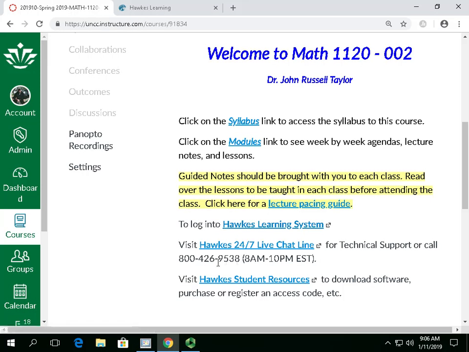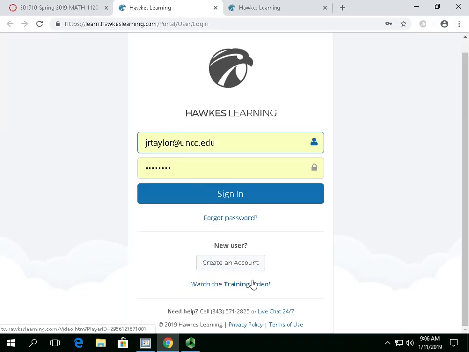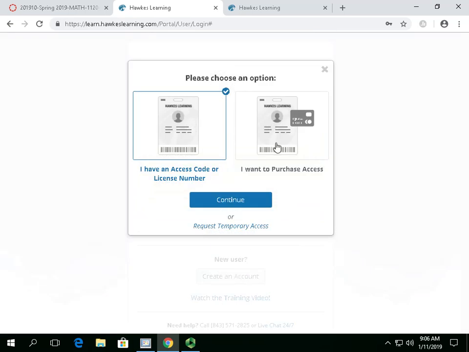I also put there a 1-800 number here because I don't like chatting with the computer. I like calling somebody actually on the phone because I'm like old school. So whatever you want to do, but if you don't have it, you can go and order that stuff because even when you go into the Hawk system here, you can create a new class, create a new account, and when you create a new account, they even give you, I want to purchase the access code and stuff.